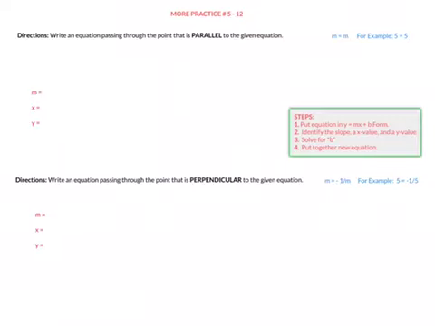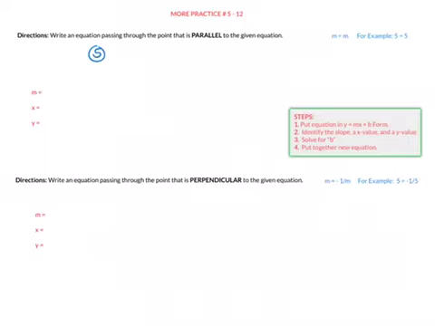All right, for the side that says more practice, I'm going to take a look at a couple of examples and then give you a chance to try a couple and make sure that you're getting the correct answer. So have a pencil, your handout, and a calculator ready. That way we can go through these together. For number 5, the directions for the top half are to write parallel equations. The first step